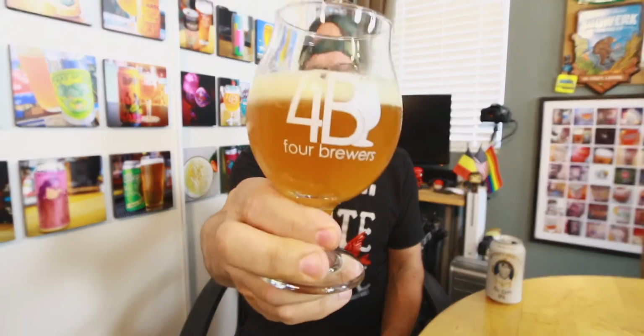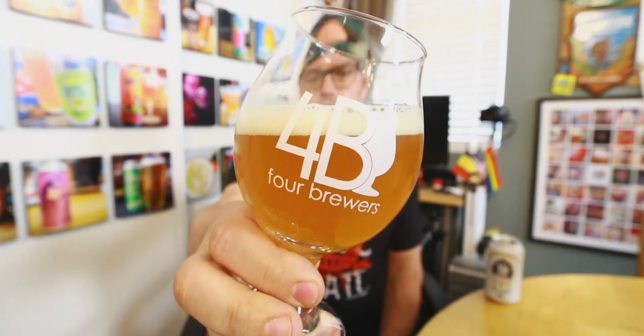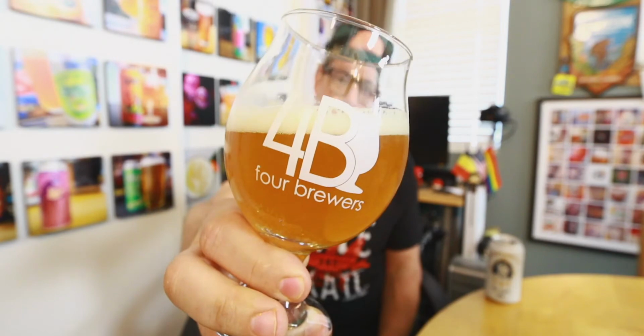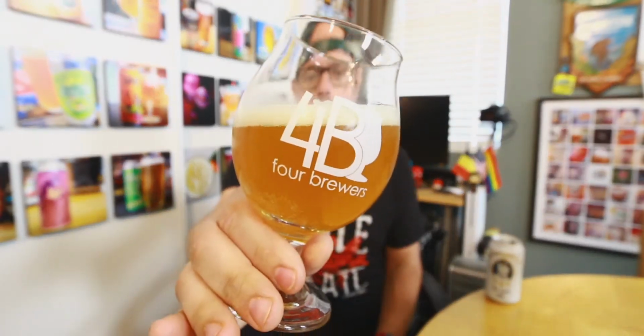All right, so that's looking pretty nice. That's a nice middle orange color. It looks really nice and orangey, a little bit darker than, I would say, an orange fruit. Got a nice white fluffy head on there that looks nice and creamy, which is always good to see,